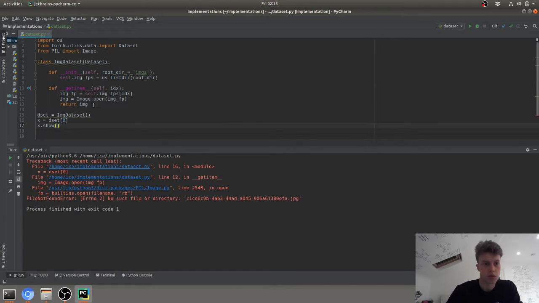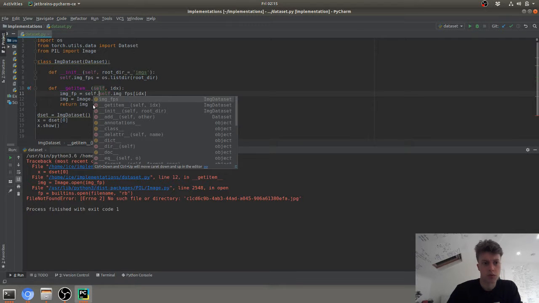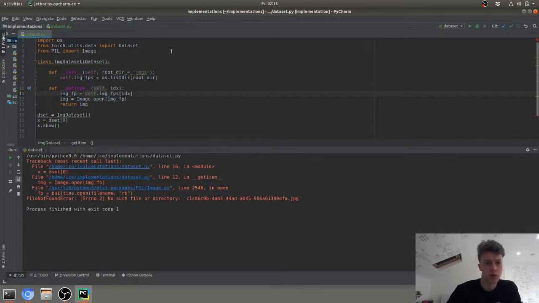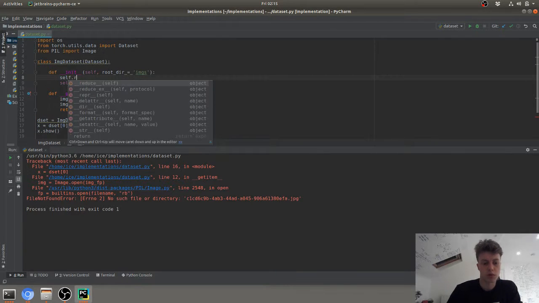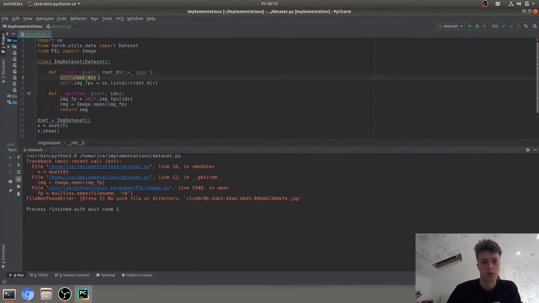Yep. So we actually need to append the root directory to that. So the image file path is equal to self dot... we need to get the root directory here. So we'll say self dot root directory is equal to root directory there. So now this class knows what I'm referring to when I write